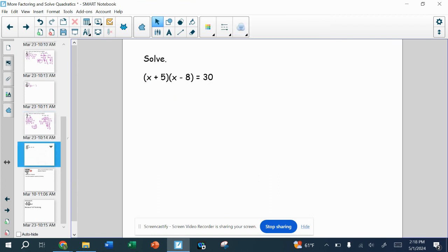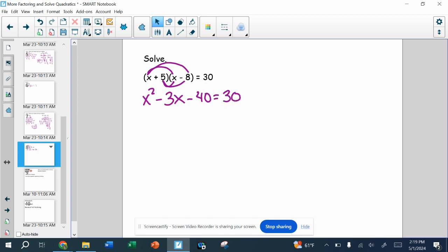All right, we have one last problem. This problem, you need to start by getting rid of the parentheses, which I know is kind of weird because a lot of our problems we're trying to get those parentheses. But this is in factored form, but it's not equal to 0. So we need to first do some multiplying. So I'm going to have x times x gives me x squared. That's a negative 8x, and a positive 5x should give me a negative 3x. And then 5 times negative 8 is going to be negative 40